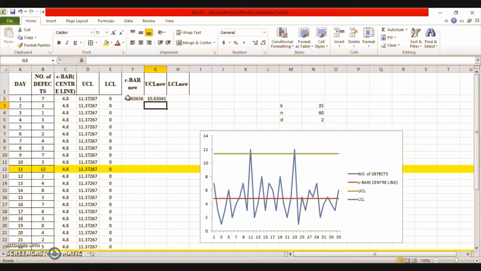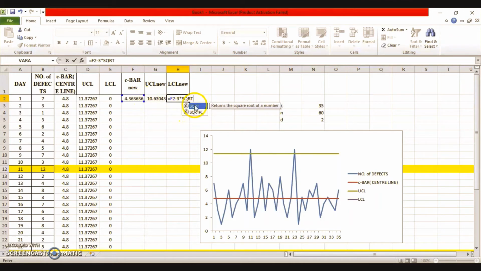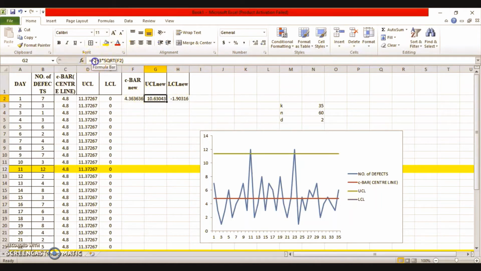That's it. And your lower control limit, the value here will be again c bar new minus 3 into square root of c bar new value. So this way we were able to find out the new values for the upper control and the lower control limits. Okay,